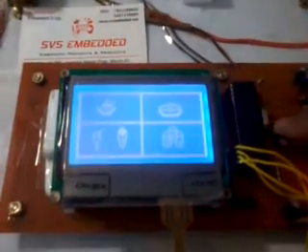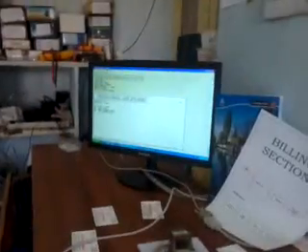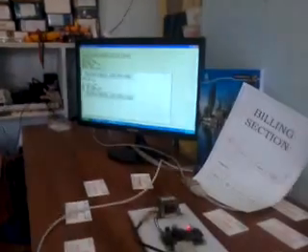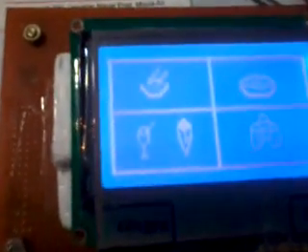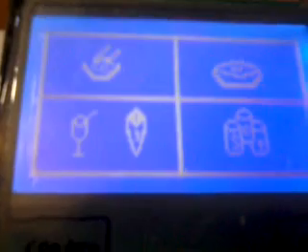So see carefully. I want to restart this kit. When the kit is restarted, you have to get the data onto the hyperterminal. So first one is the non-veg, second one is the veg, third one is the ice creams, and fourth one is the cool drinks. First I want to select, that depends upon you.